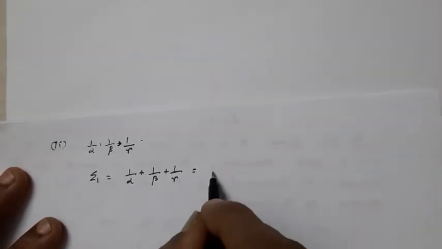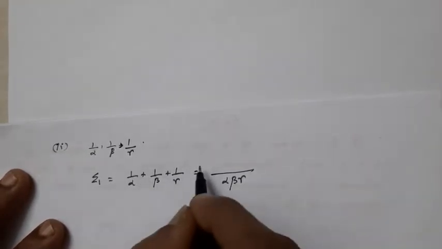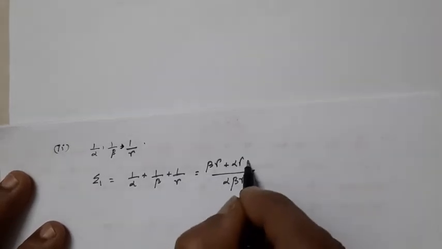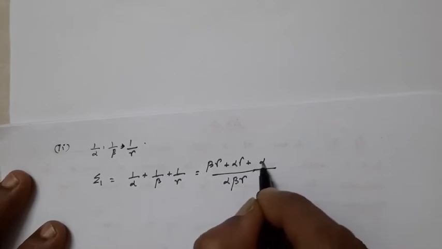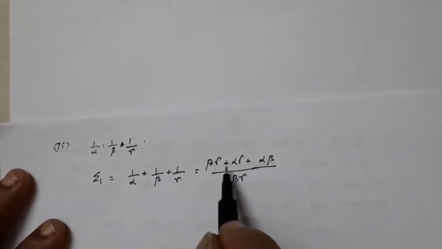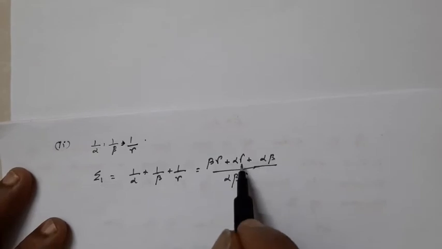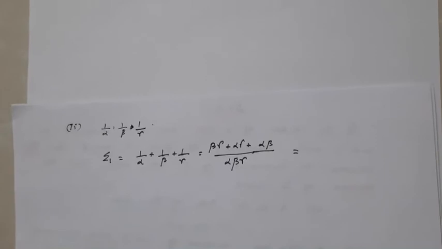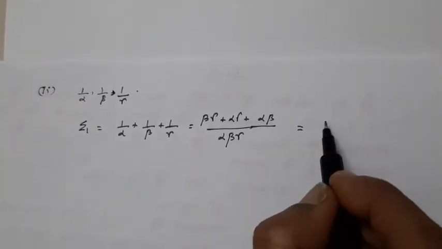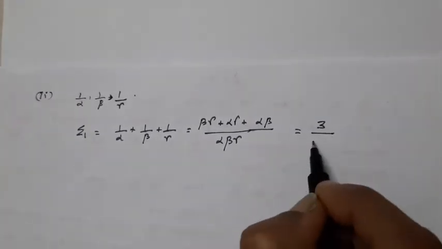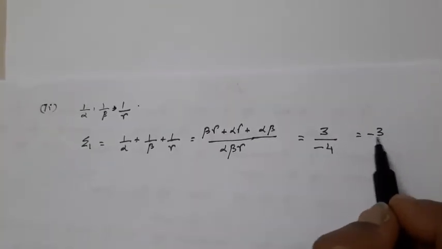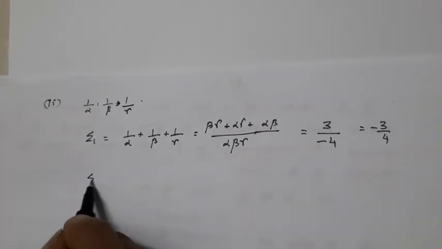So, by taking the LCM you will have alpha beta gamma, and here beta gamma is to be multiplied, and here to get this LCM alpha and gamma is to be multiplied, and then alpha beta is to be multiplied. And you know alpha beta plus beta gamma plus gamma alpha, the value of this one, and alpha beta gamma from the given equation, right. The value of this is 3 and alpha beta gamma is minus 4. So, sigma 1 takes the value minus 3 by 4, okay, minus 3 by 4. Then sigma 2,